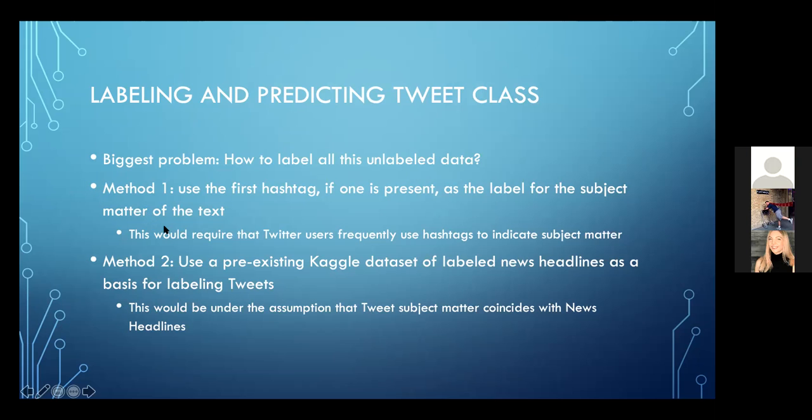The problem with that was it would require people to use the same hashtags. So if somebody said vote and somebody else said voting, or used vote 2020, whatever, with different numbers attached to it, those would all be separate classifications. So that was a little bit of an issue. Also, it would mean that people would have to be using the hashtag to indicate the subject matter of the tweet,